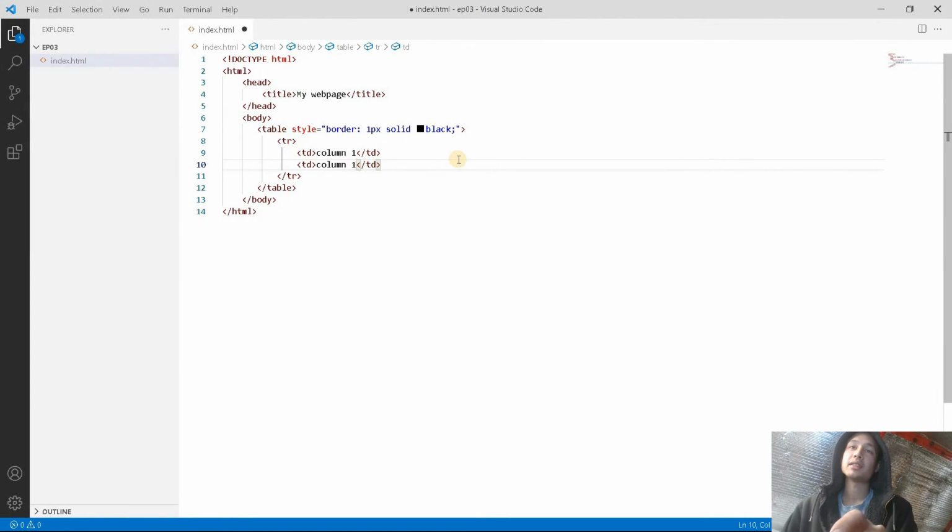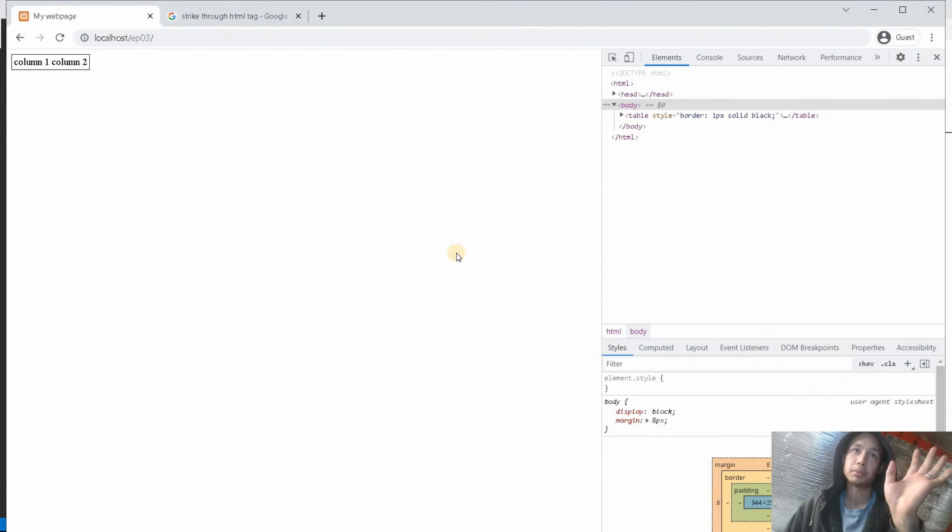Say we want a second column. Just in case you guys don't know what I just did there, I just pressed Control D, which duplicates the line. I'm not sure if you have to set that up in VS Code, but that's how I have it set up. So